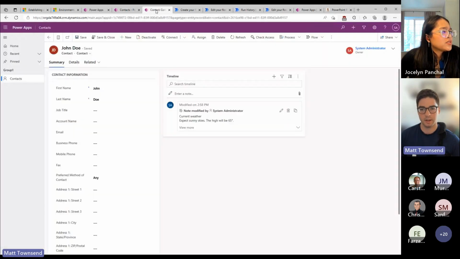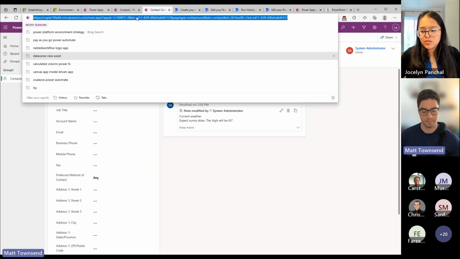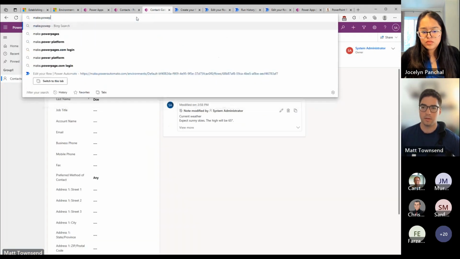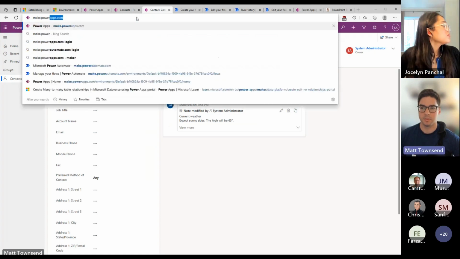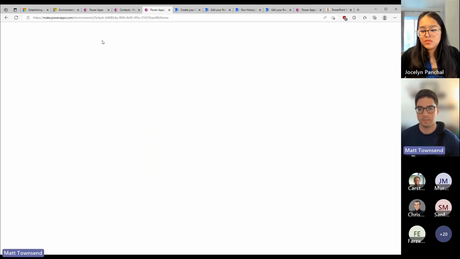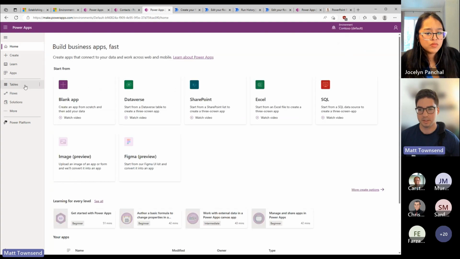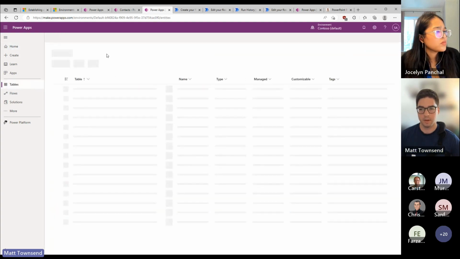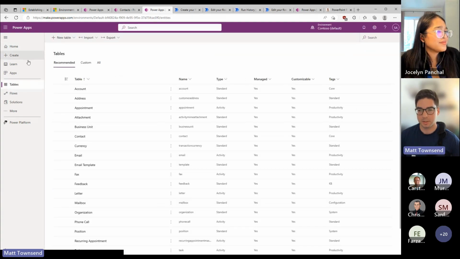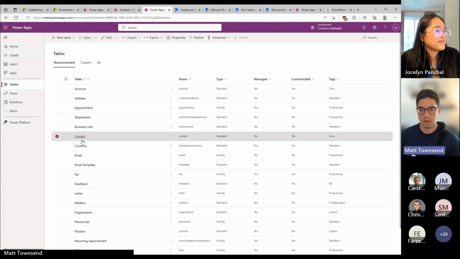Anytime you are looking at a contact record or any other, just viewing the form for this row in Dataverse, it shows you the internal names. So job title has a display name, and then in Dataverse, if you were managing the schema for this, I'll also show within the Power Apps experience, the tables view for contact, you can